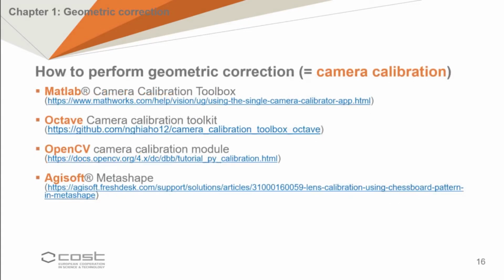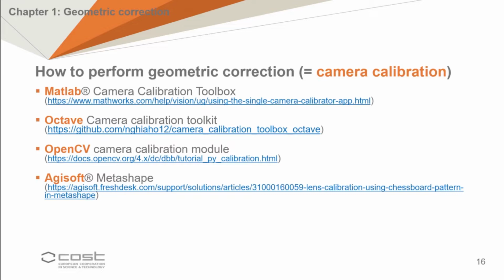Instead of demonstrating the entire camera calibration process, which is described in detail in literature and in online tutorials, I wish to direct you to some of the most popular software and tools that can do that for you. For example, there's a very capable and user-friendly camera calibration toolbox in MATLAB, along with a free alternative written for Octave. If you're familiar with Python or C++, you can check out a powerful OpenCV library, or if you're also